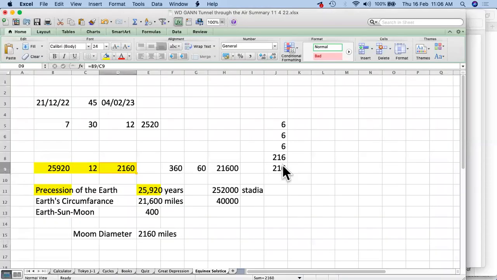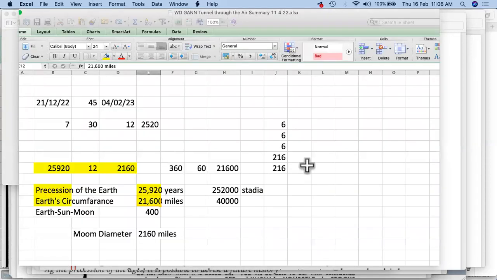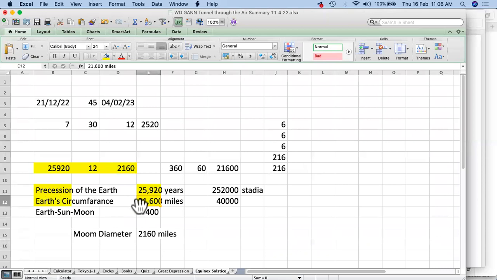I'll just try to write down this number. So the earth circumference is 21,600 miles. That is what we know, right? So this is in terms of nautical miles together, right? So again, if you see this number 21,600 and here it is 2,160. So probably if I reduce by a factor of 10, I get this number over here. So at this stage, just hold on to those numbers. We'll get into the details, right?